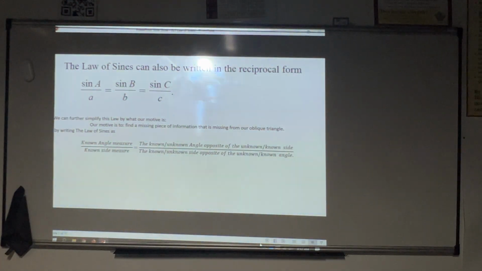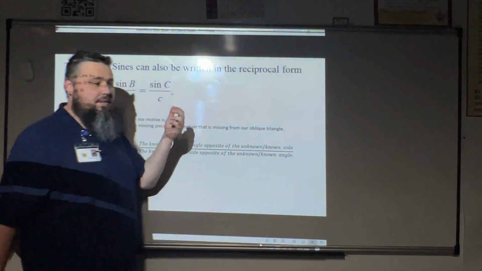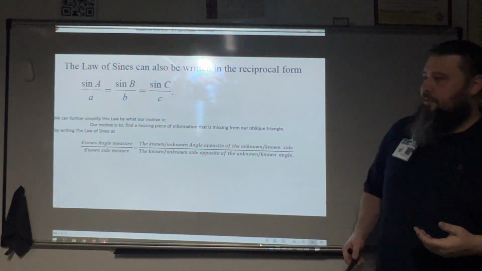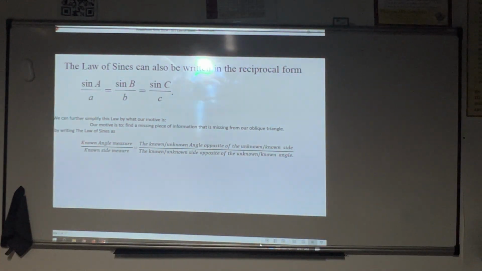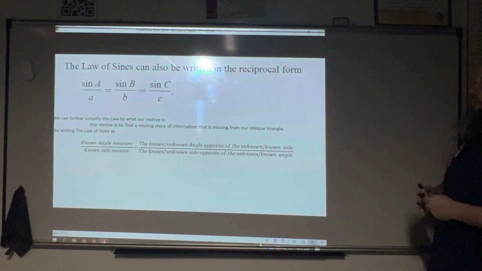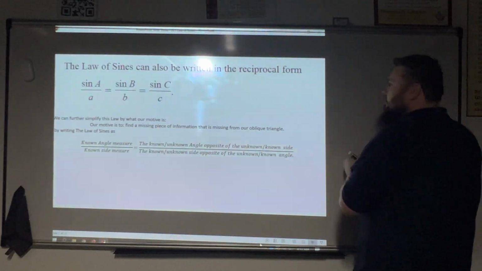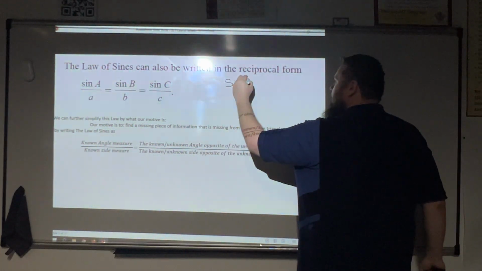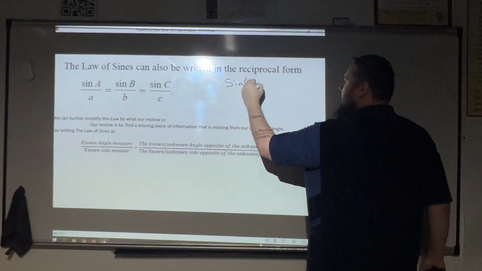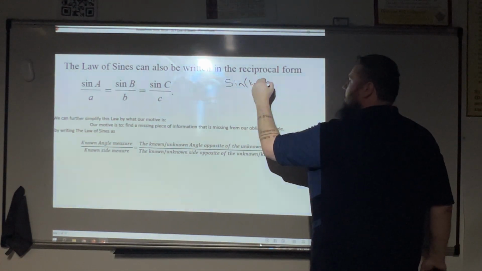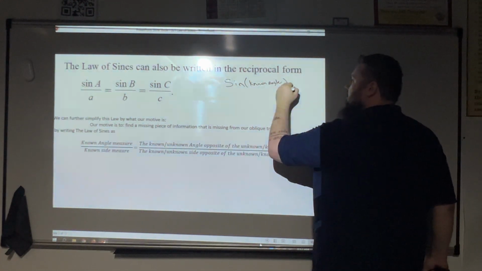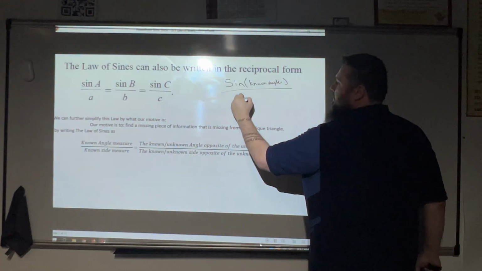Just know that this is just a copy note, but here, instead of using all 3 of these, technically, you do need all 3 of these to solve for a triangle, but the way I'm going to do it is we're just going to break it up and do the problem twice instead of trying to figure it out across the board. So here on the left-hand side, I'm just going to always boil this down to this. And I'm going to write here a known angle over a known side length